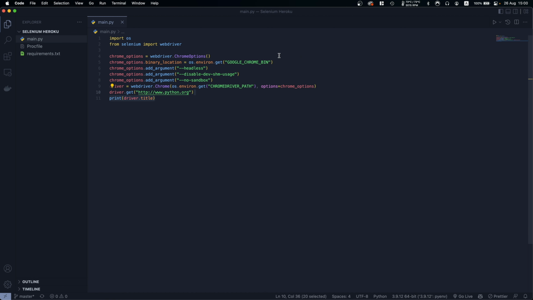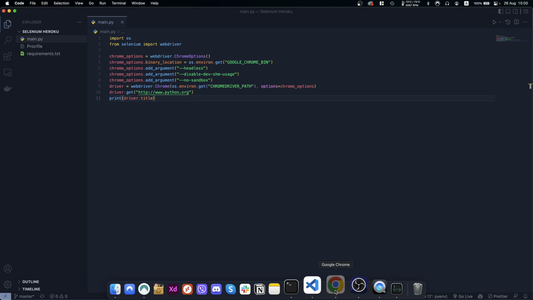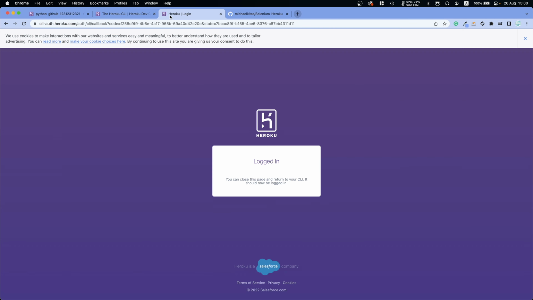By the way, something I did during the Heroku CLI method is I deleted here the executable_path equals to, as that method is deprecated. Now we immediately set the CHROMEDRIVER path as so. So make sure you do that change if you haven't already. And let's continue. So first of all,